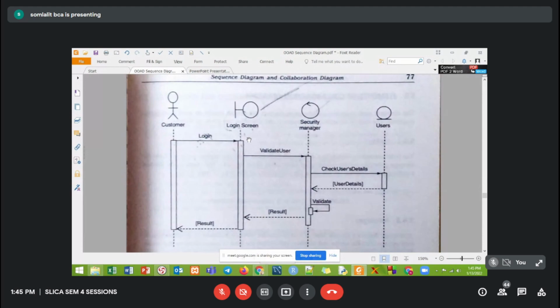Right. So what I would request you guys is that you can go ahead. As of now, the collaboration diagram is not there in your syllabus. You can go ahead and solve at least 4, 5, 6, and 7. Easy here. And I would say 8. Let it be 8. 4, 5, 6, 7 and 8.